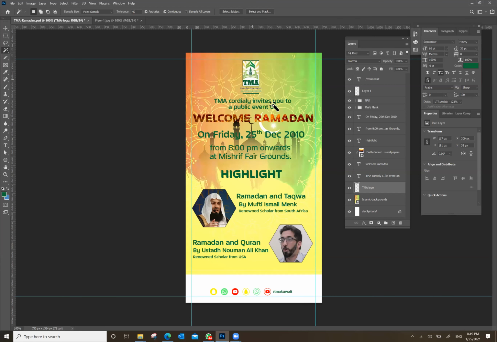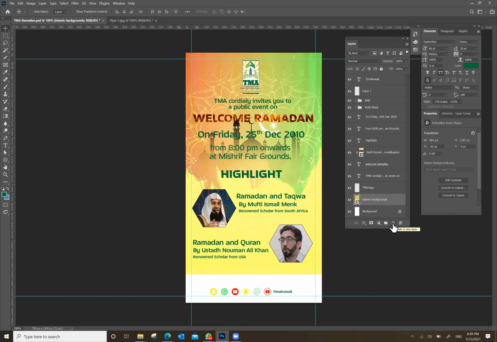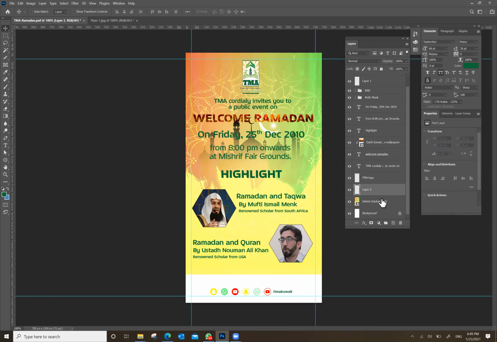Now, this will do the job, but still the Tamil Nadu Muslim Association is not very visible. So what I will do, just focus with me. I will create one empty layer above, below the TMA logo. How can I create an empty layer? With the help of the create new layer button. Okay. Now I will take a tool called the brush tool. You see this brush? You are focusing? Yes. Okay, now I will bring my brush to this working area.